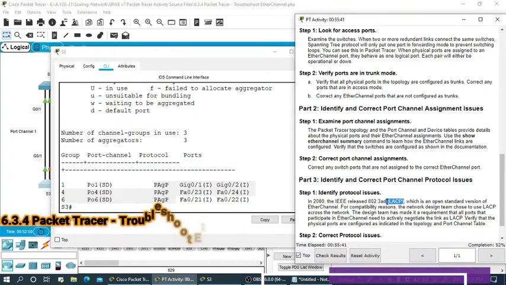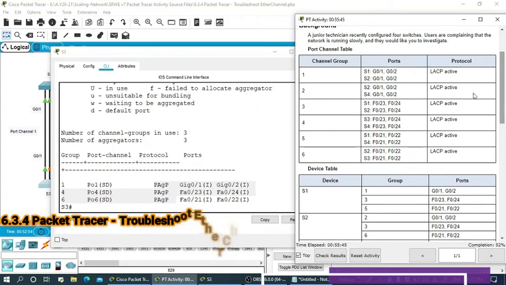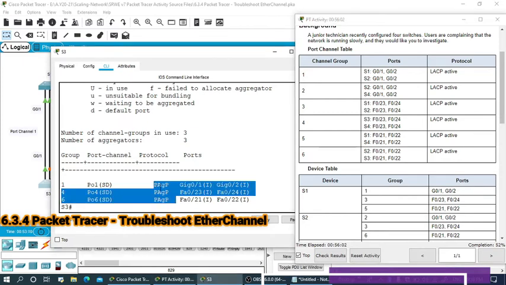So this LACP should be active. All switches and the port channels must use the LACP protocol, and the mode must be active. But here you can see the mistake: it is being used as PAgP.